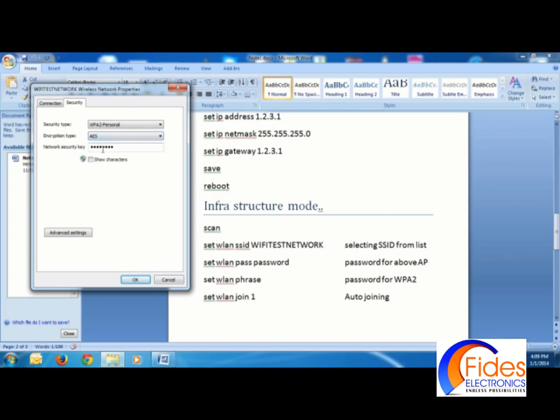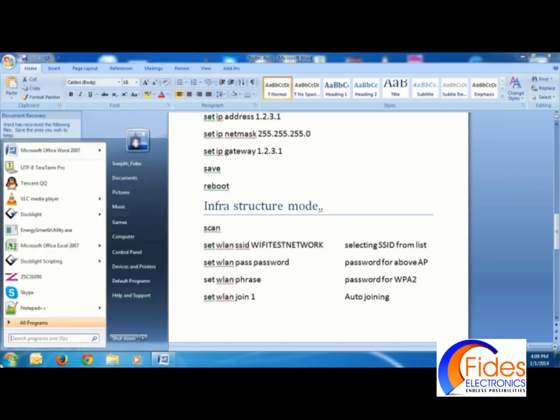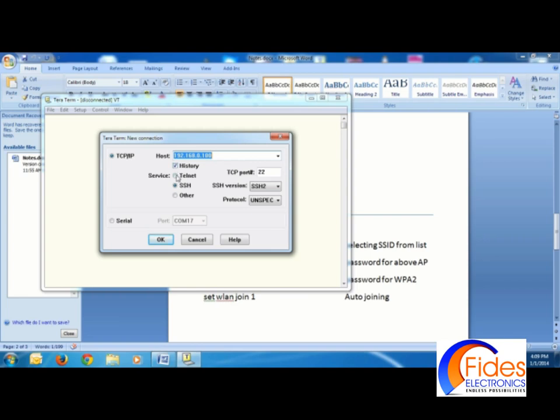Set the security type, encryption, and the network security key. In this case, it is FIDES123. Now the laptop is another client, associated with the Wi-Fi test network AP.